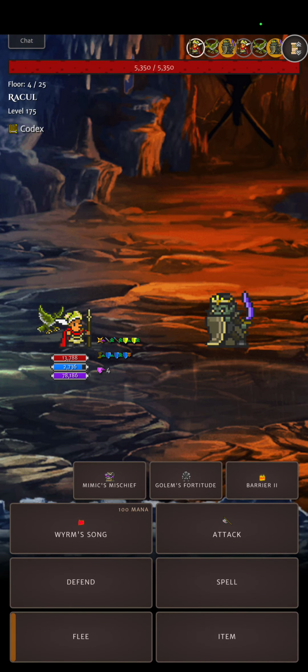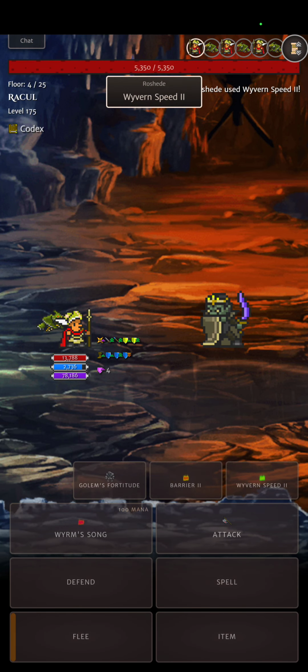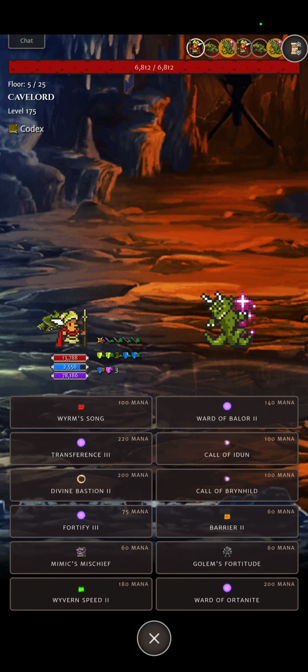So I guess I should go through the Beowulf passives. Oh shit, this motherfucker got a new sprite, guys. Oh shit, this motherfucker got a new sprite. Anyway,